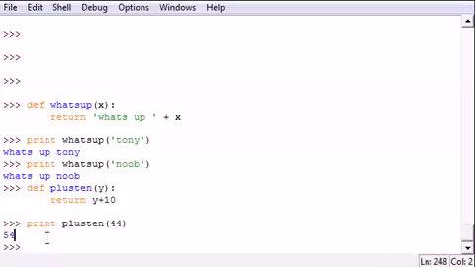So those are your basics of functions and how to create a function and how to write instructions for your function. So pay attention to this, practice making your own simple functions, and in the next tutorial,